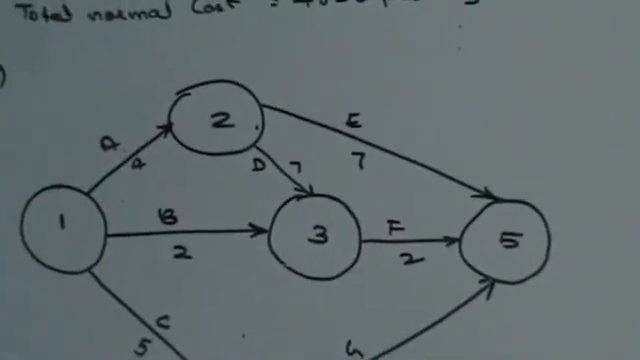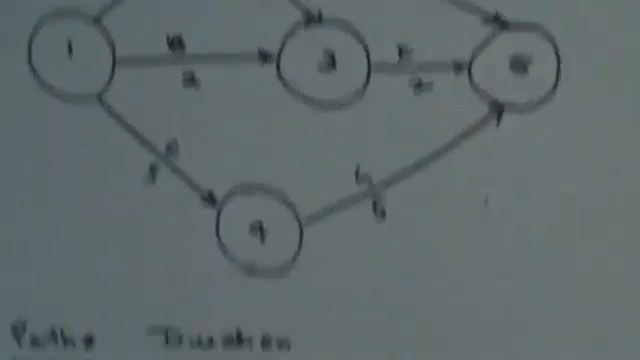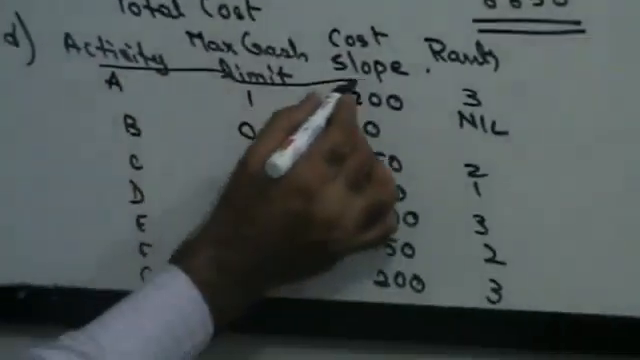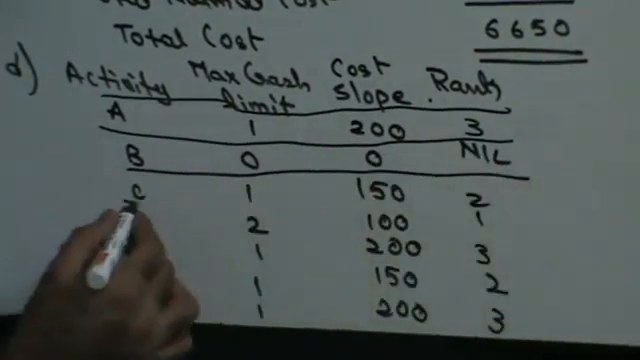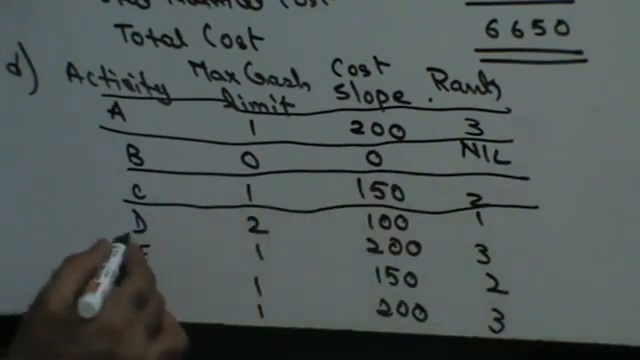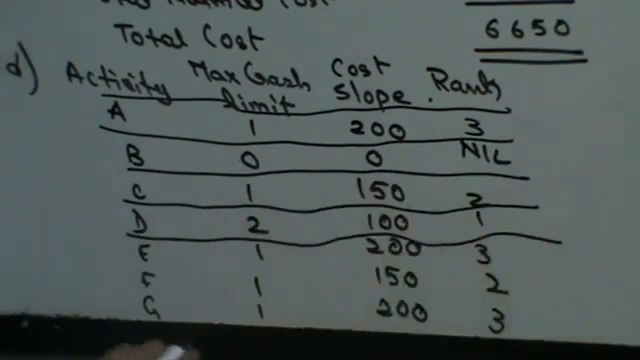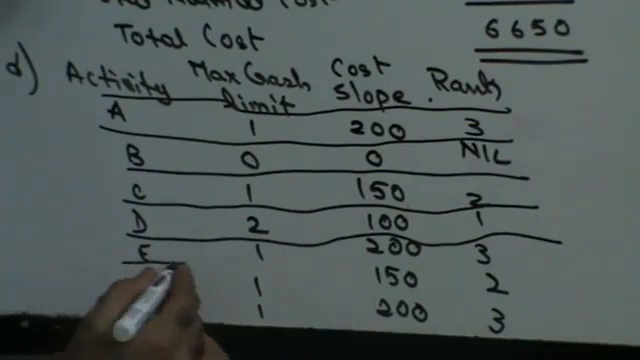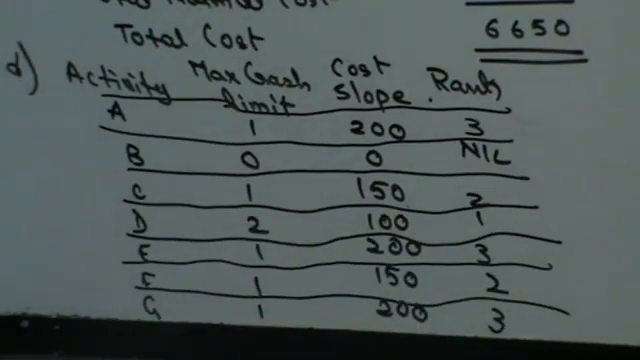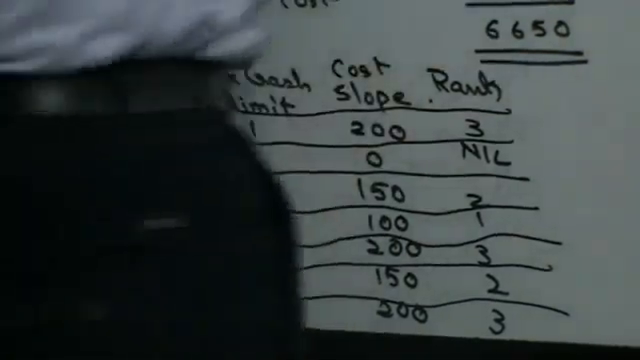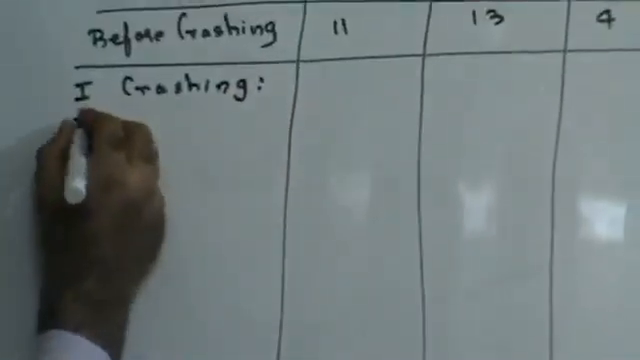A, D, F. I'll just draw the lines so I've done this correctly. D is first rank. Okay. A is third rank, D is first rank and F is second rank. So the first thing that you're going to do is crash D, right? So first crashing is going to be D by 1 day,